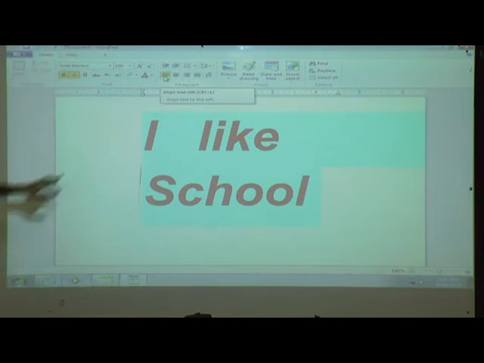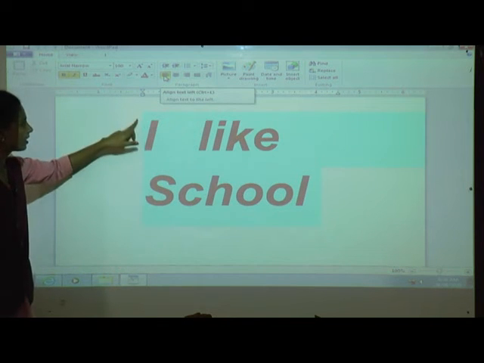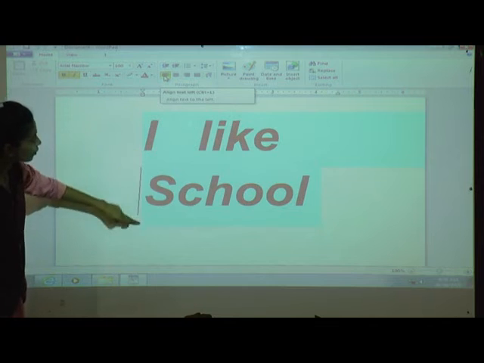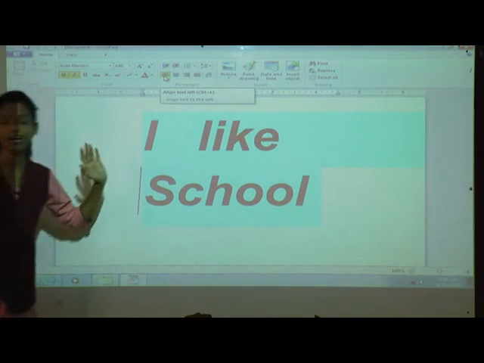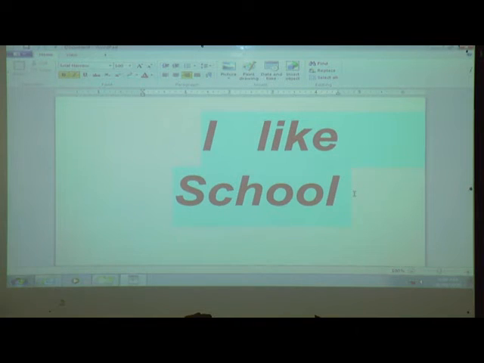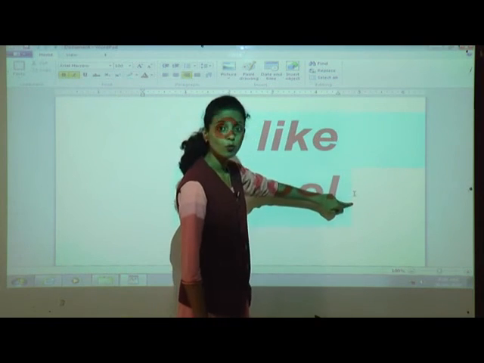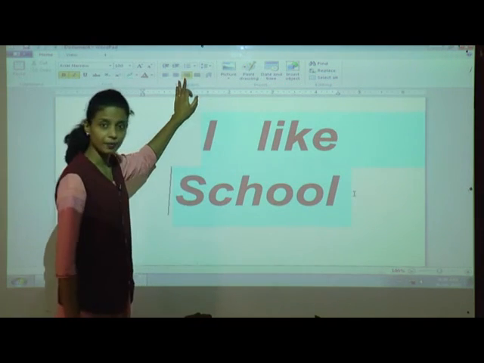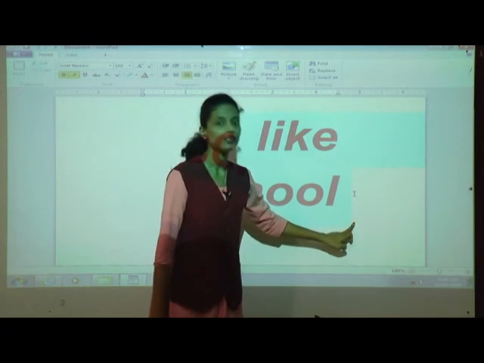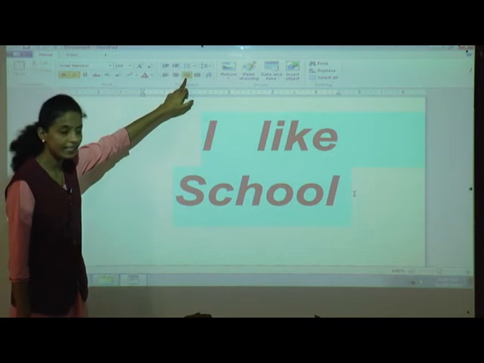You can see here this is from one line to the left side, right? You can see here it is in one line to the left side. Now suppose next I will give you a right side, then you understand. See here it is one line from the right side. Got it? Difference between the left alignment and right alignment.